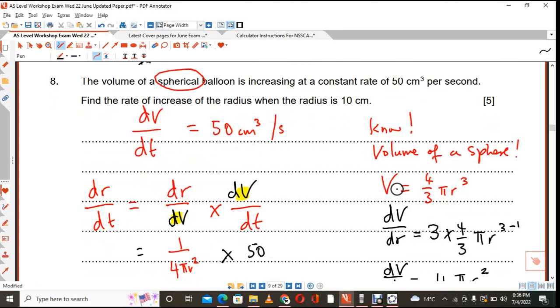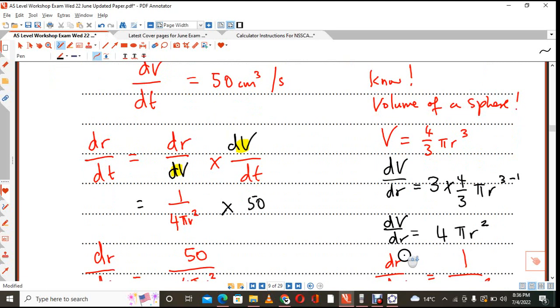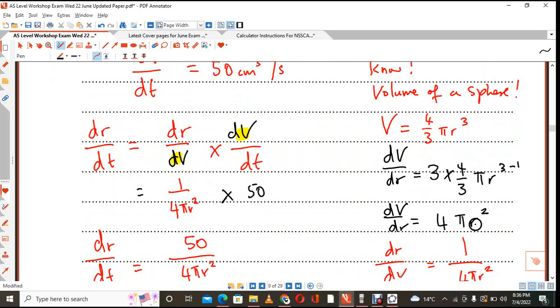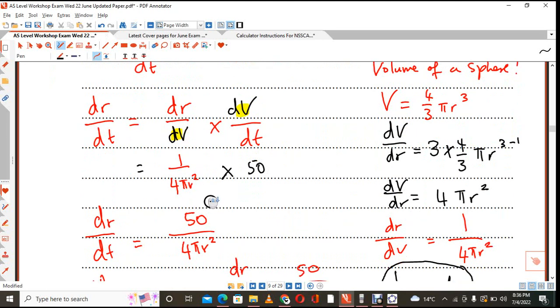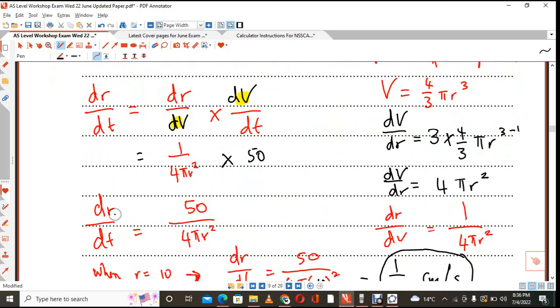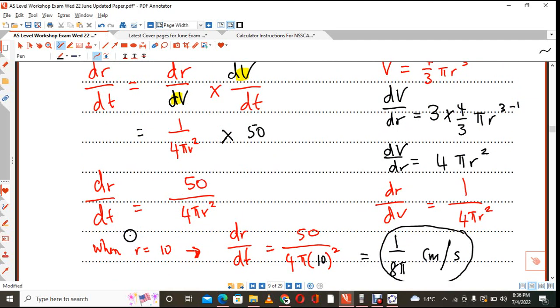But when you differentiate the volume with respect to radius, you get dV/dr. Since we're not looking for dV/dr, we're looking for dr/dV, you calculate dV/dr and now you swap it around. Now you can substitute in there, and then you have your derivative formula with the radius with respect to time. But we are looking for the rate of increase of that radius when the radius is 10 centimeters. As you are increasing the volume of this, so does the radius also increase. What is going to be that radius? The rate of increase,